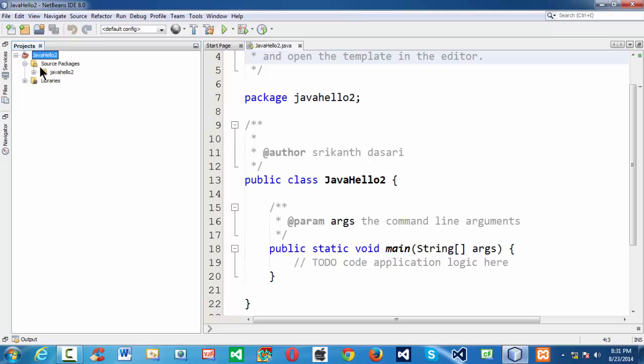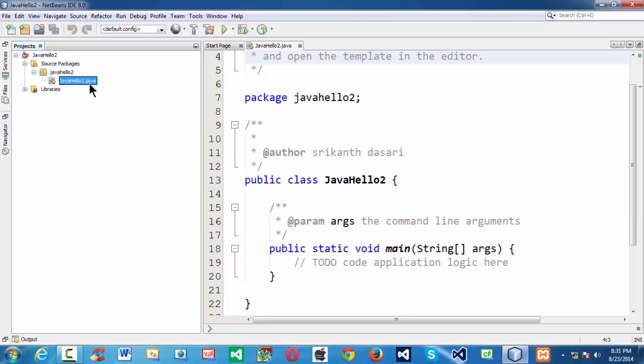The first one is source packages, which contains all the packages. We studied in the last lesson that a package is nothing but a collection of Java programs defined under a single name. NetBeans creates by default a package named Java Hello 2 here,